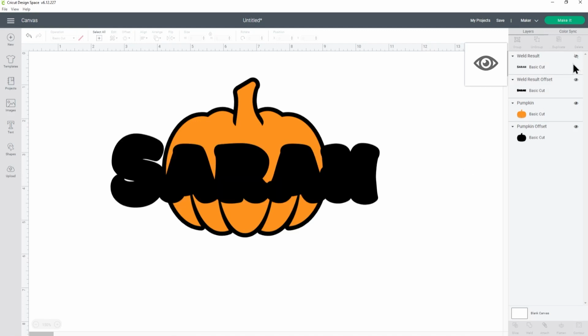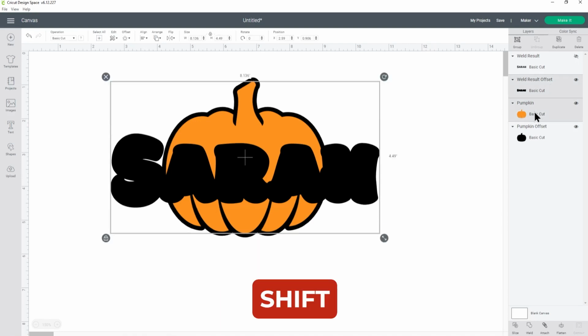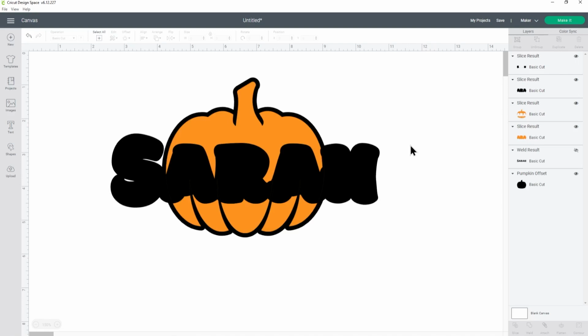So let's turn that back on. And then I'm going to click this layer, press Shift on the keyboard and choose the orange pumpkin, and then down the bottom press Slice. And that will cut them out from each other. I've now got 4 different slice results, and for my 2 black ones, I actually want to either join them together again,